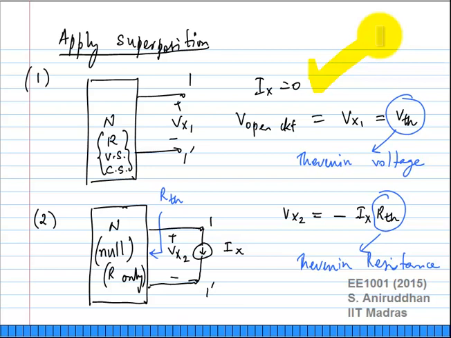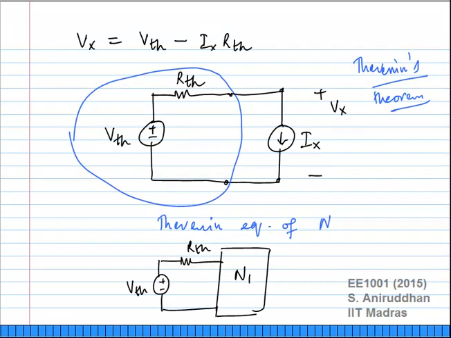That would be related in this manner. You know this network is made up of some linear resistors and some control sources, and that will give you some resistance RTH, which we called the Thevenin resistance. Similarly, the original open circuit voltage was called the Thevenin voltage VTH, and we know that the actual voltage Vx has to just be the sum of Vx1 plus Vx2, and that is nothing but VTH minus Ix times RTH,